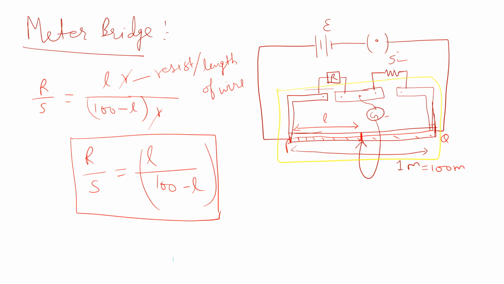Using this equation we need to find S, and you can simply solve the equation to find S, as you will be given the value of R, because you know the resistance you are providing from the resistance box, and you also know the null point. The main thing you should remember is that the wire we are using here must be of constant thickness, and the resistance of that wire must be uniform, or wire resistance should not change with the length.